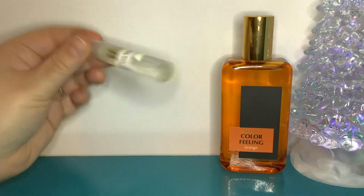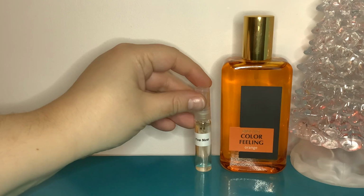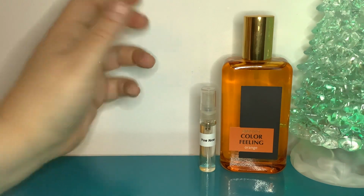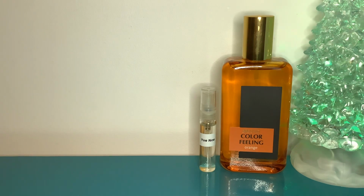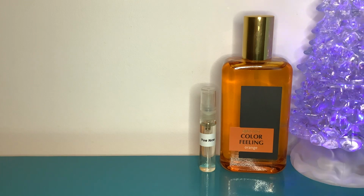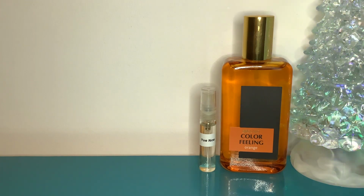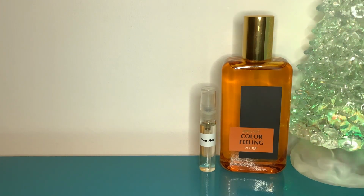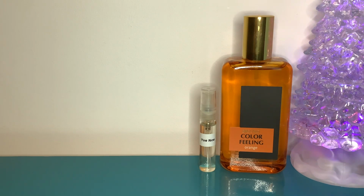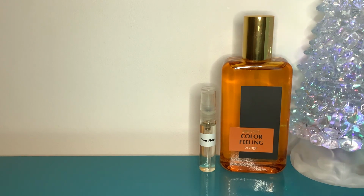So I've got a little decant, and I sold the actual bottle on eBay. It sold almost immediately. Someone made me an offer immediately, so obviously it's something that people really want to get hold of, so I'm very happy that someone else now has Yog Nog as well. So Yog Nog, again, they don't really tell you much about what the actual scent is. So what I'll do is I'll just read you the blurb from Fragrantica about it rather than the actual notes,